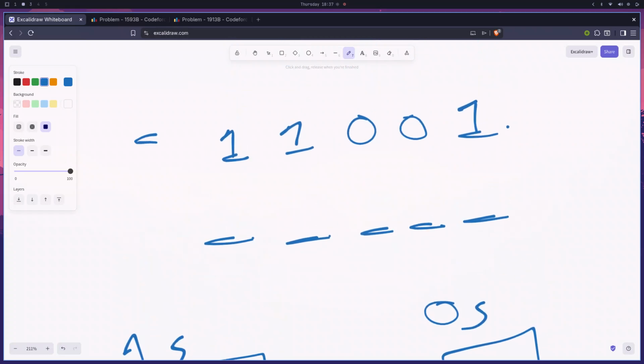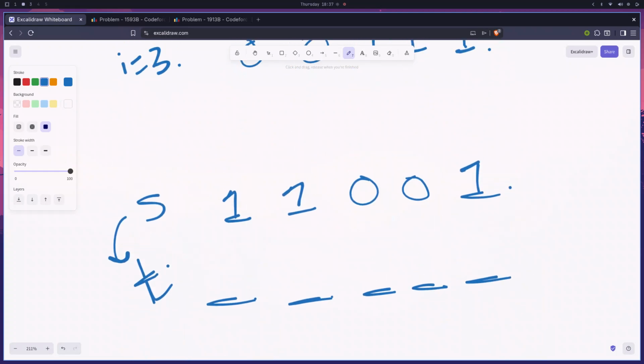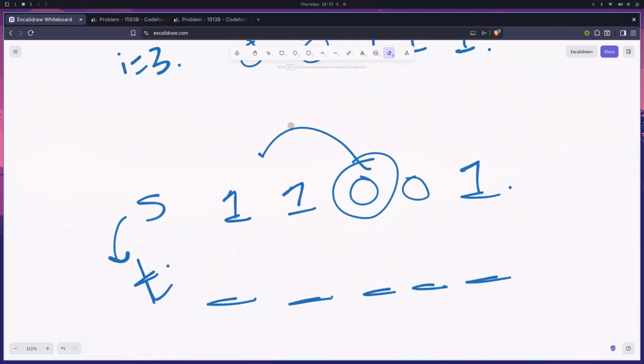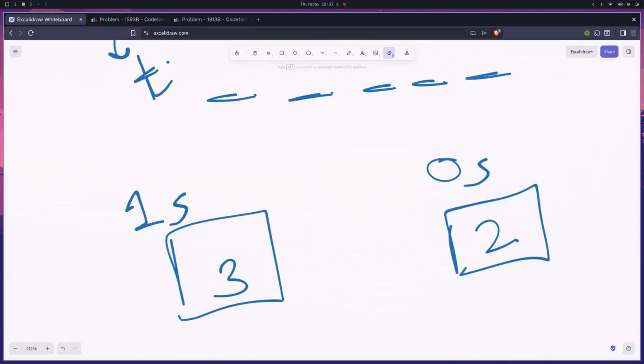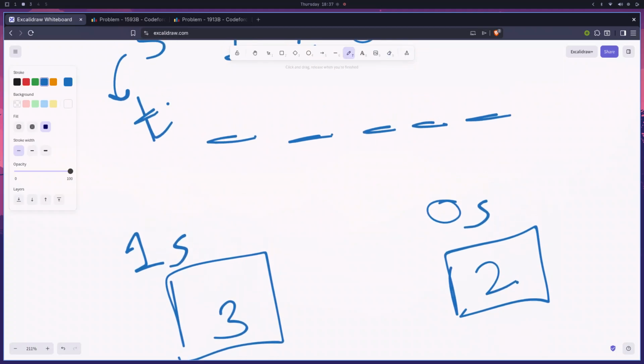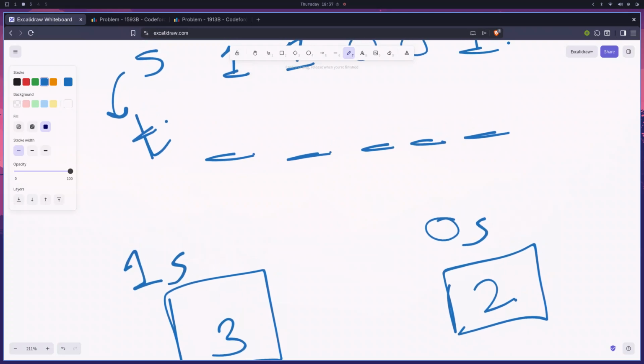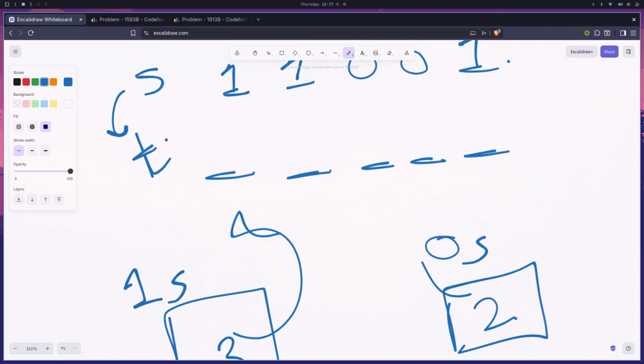Okay, this is string S, and we need to make T. We are making this T by swapping as many times as we want, right? And swapping means that we can change the index of any number. We can put a number anywhere, so we can directly, arbitrarily put the values. That means we have 3 ones and 2 zeros, so we'll directly start putting as per